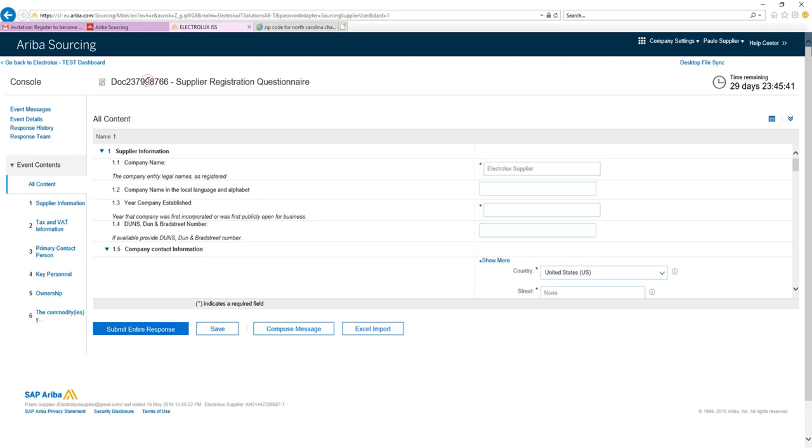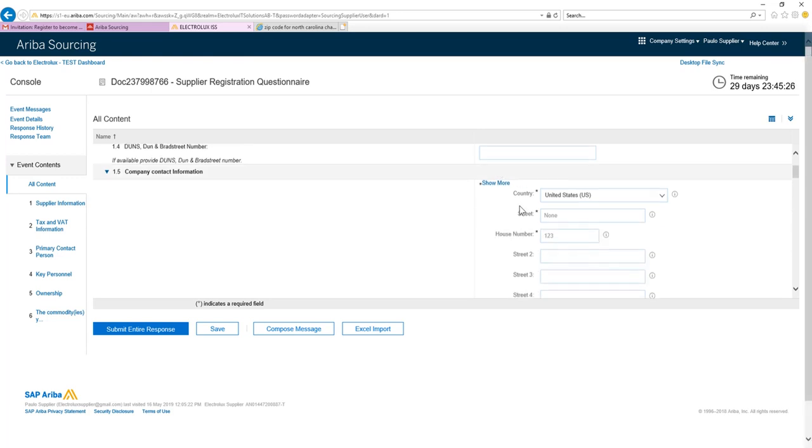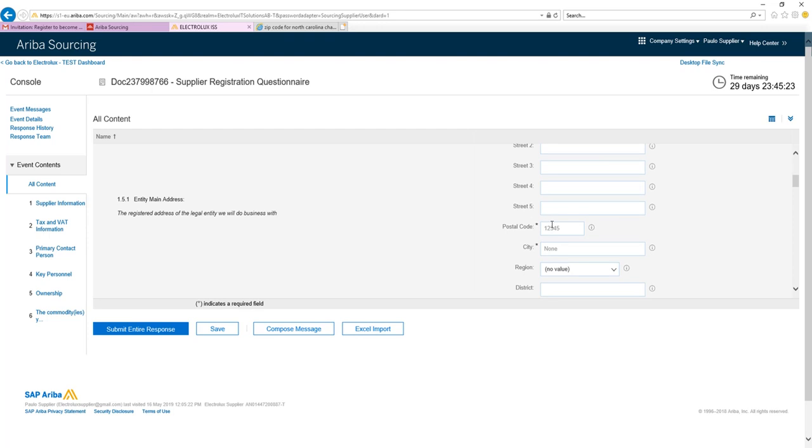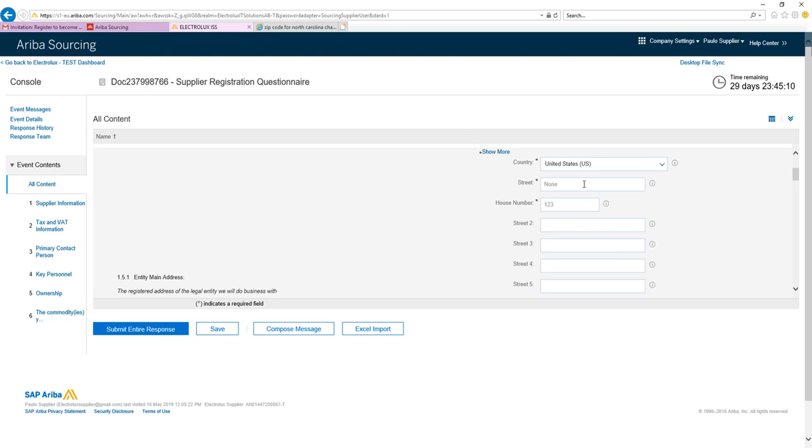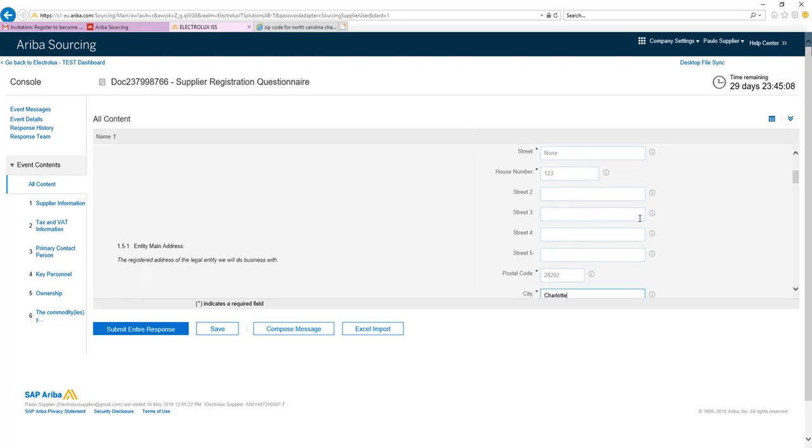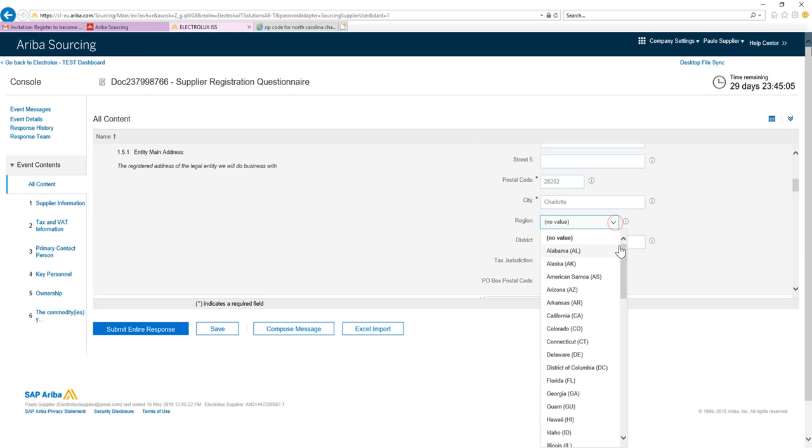This is the only document number. You fill in the information, you have some already filled. You can fix maybe, oh, they forgot to put limited, right? That will fix it. You can change. When you create your company, some fields are mandatory: the street, house number, postal code. It's changing here. City, Charlotte, house number, country, postal city, region here, North Carolina,